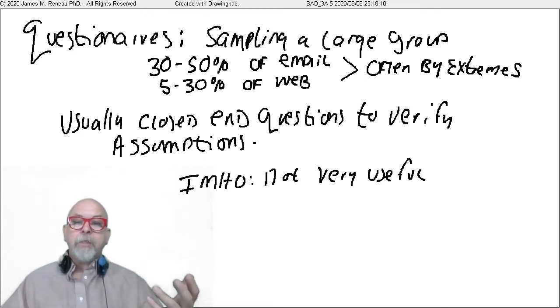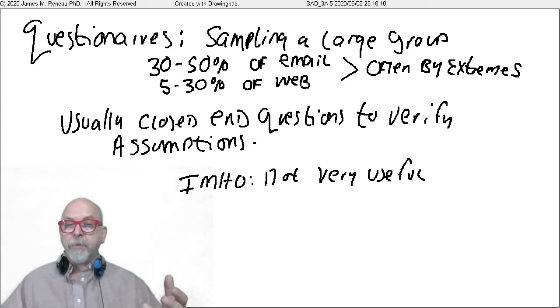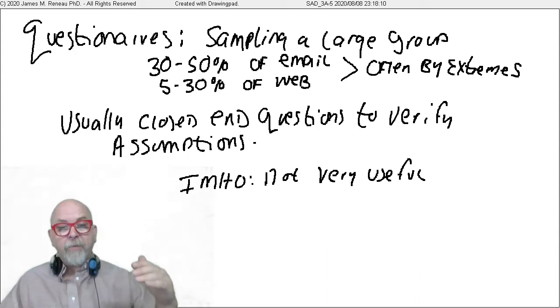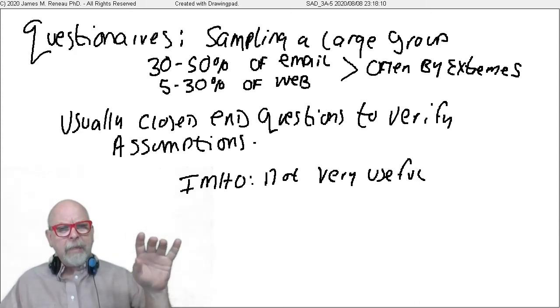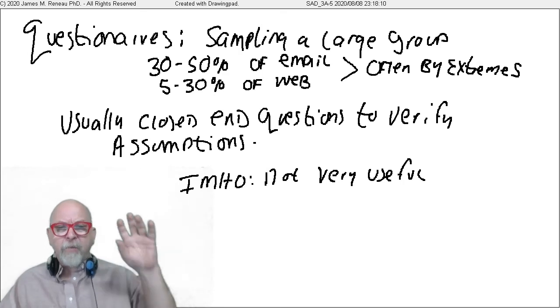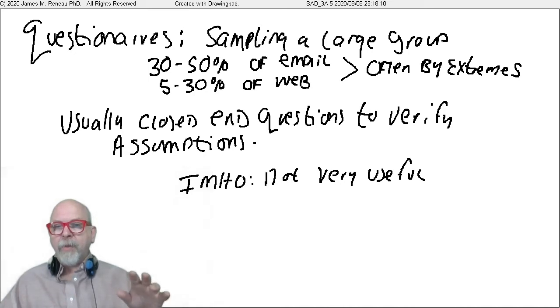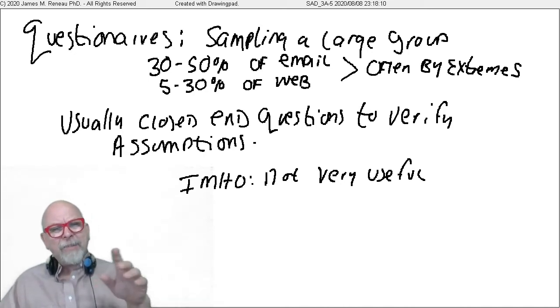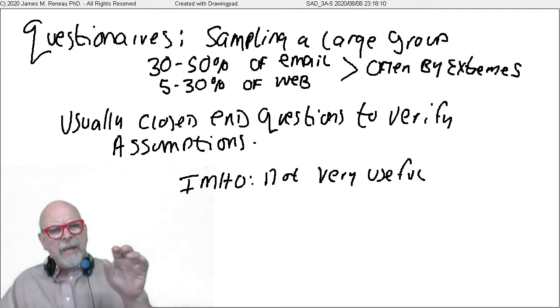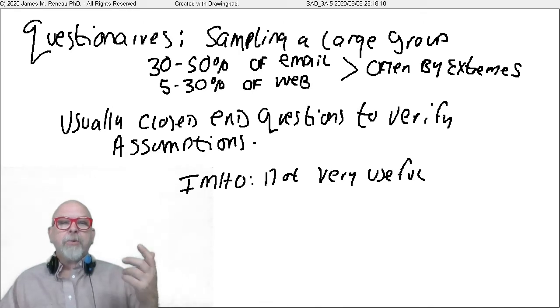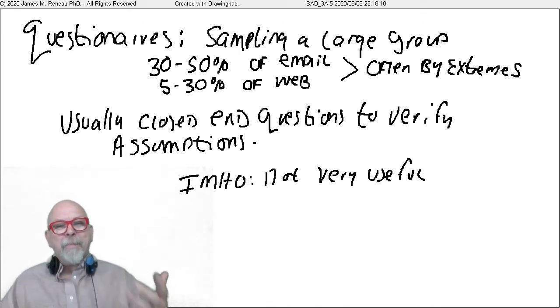Usually, you use closed-end questions to verify assumptions. So maybe you've done some interviews, you've gotten a whole bunch of things, and you've had to make some leaps of thought to get from point A to point B. You've created some assumptions, and then you create a questionnaire with some of those things. Well, I didn't get an answer in the interviews about this. Let's put that in the questionnaire and see what people say, whether I'm right or wrong, or on a scale of 1 to 10, am I closer to right or wrong or whatever. So usually they're very closed-in questions, and in my opinion,